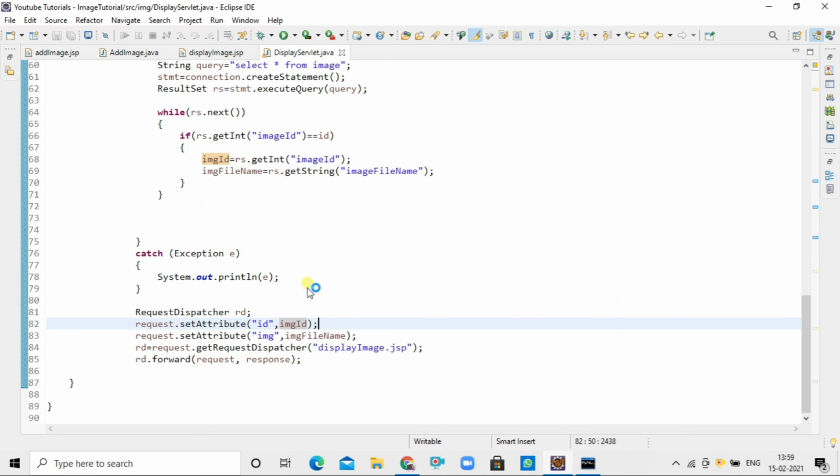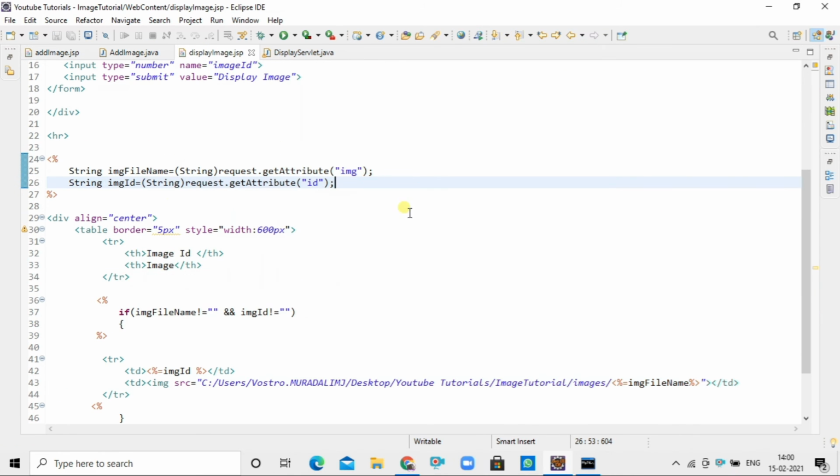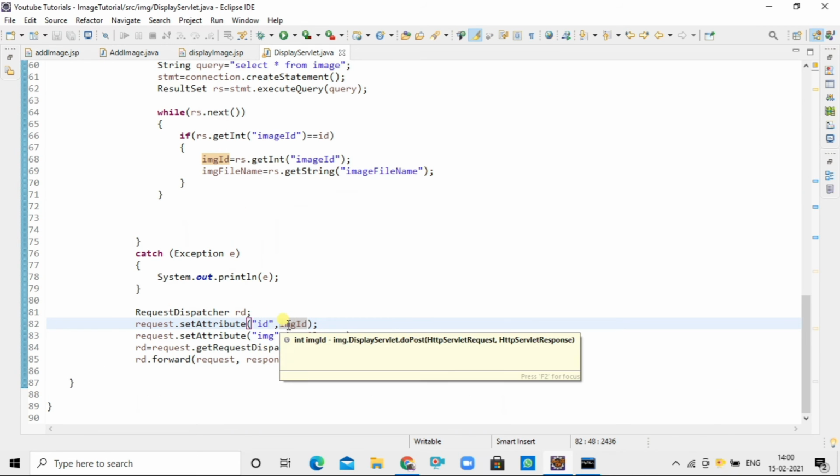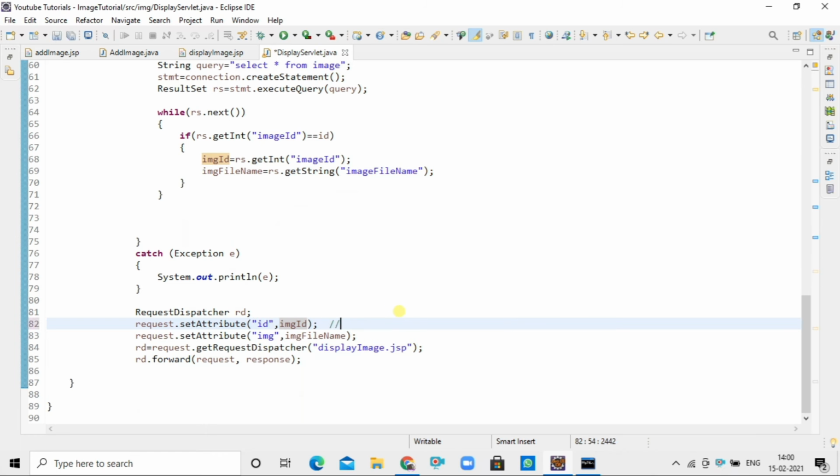Okay, I see. We can see img ID is an integer and we are setting this img ID as attribute which is an integer. But in the JSP page we are storing it in a string. So what we can do here is we will set this img ID as attribute in the format of string using the valueOf method.